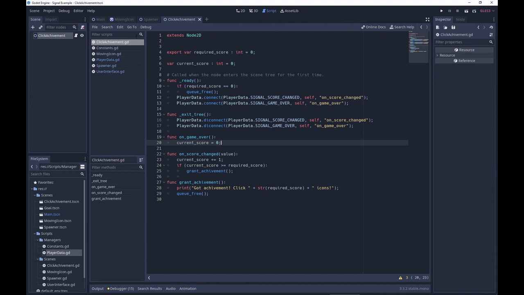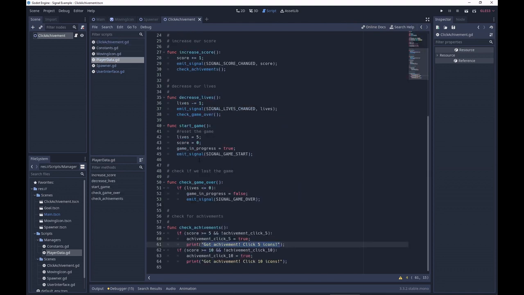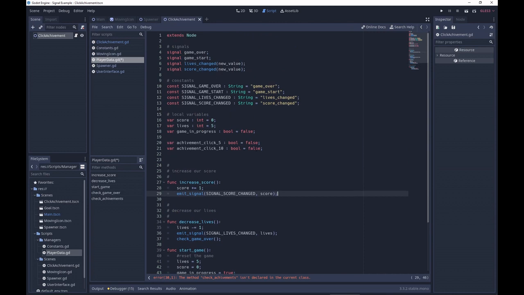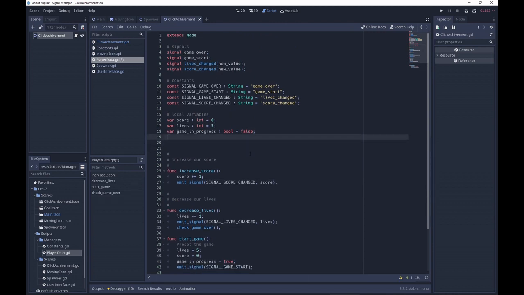So, what do we do now to get achievements into the game? Well, all we need to do now is add this node. It will automatically, in the ready function, connect itself if it has a required score. And then, once the score is reached, it will grant the achievement and it will free itself. So let's go first into the player data, and I'm just gonna remove my check achievement function here. And I'm gonna remove these achievements properties,